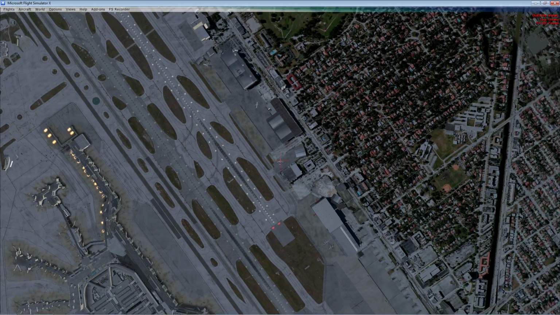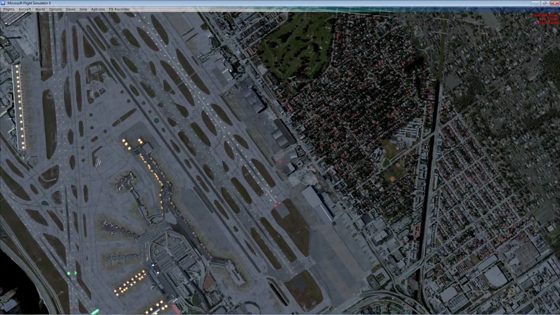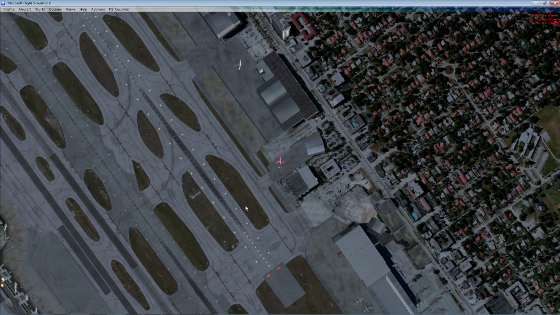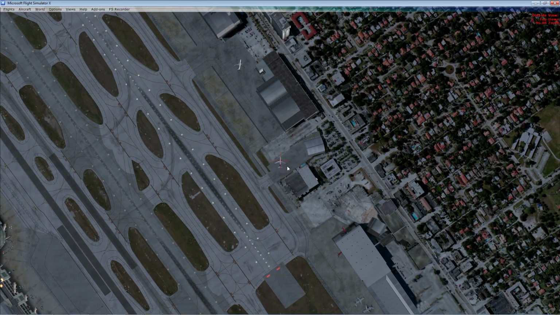So it looks like we are close to runway 26 right. That will be this runway right here, and here we are. Okay,